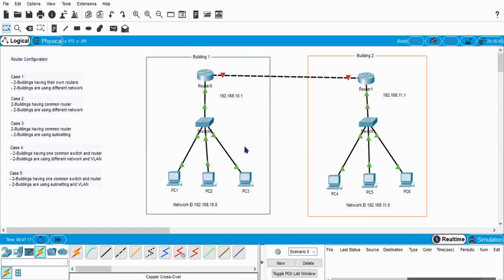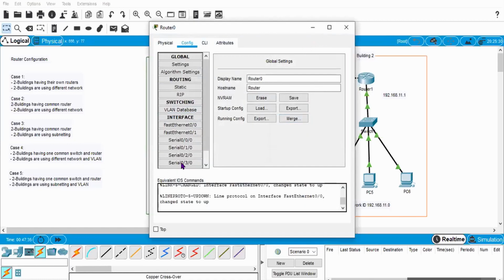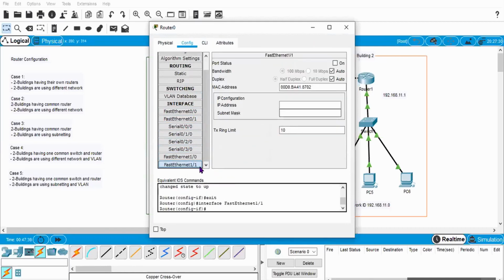Okay. So here, if these two buildings are known to me, I can use private addresses also. But if these two buildings are apart, as in the practical case, and somewhere in between an ISP or some other router is there, then I will go to the port number Fast Ethernet 1/1 and I will write one public